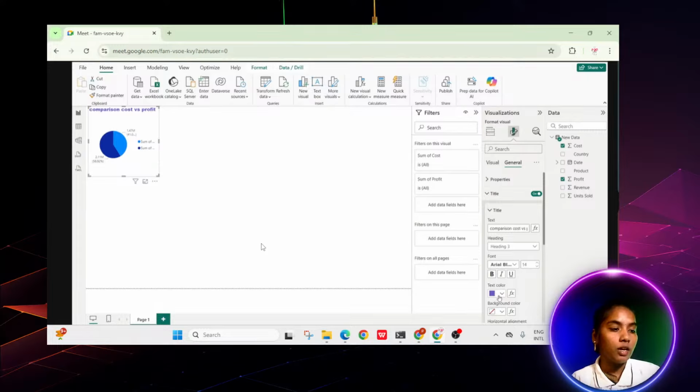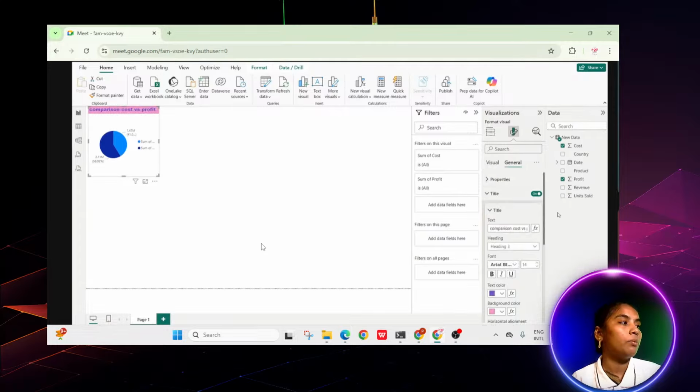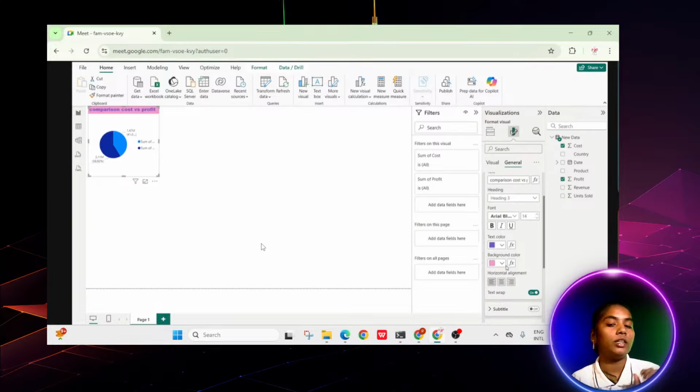Then, does the text need any background? If you need the background, downside you have the background color. Just click on the background color and you can give any type of background color you need. Here I am giving pink. Now you can see the color has changed. So like that you can change the title with text and background color, text color, size, font, everything